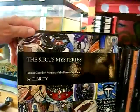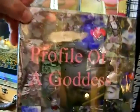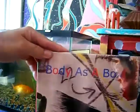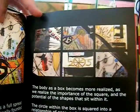This is the Serious Mysteries. I'll pull this out, Profile of a Goddess. I'll just quickly go through the titles. Ganesha's Fugue. One that we started the tour out with is from this piece. Is a close-up of the title Body as a Box. Body as a Box. And to give you an idea of the amount of color inside, there's quite a bit,